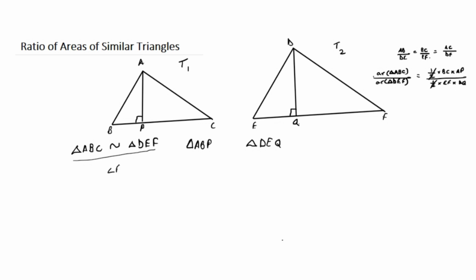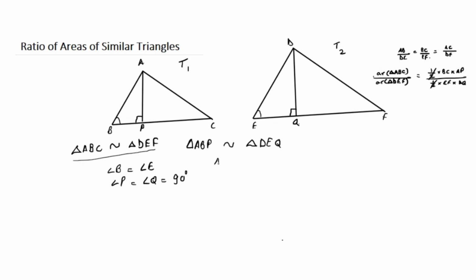That means that angle B is equal to angle E, because they're similar, so they have to be equal. So this angle is going to be the same as this angle. And we also have a 90-degree angle in both. So angle P is equal to angle Q, which are both equal to 90 degrees. And we know that if two angles of any triangle are equal to each other, then those triangles have to be similar. So we can say that triangle ABP is similar to triangle DEQ,